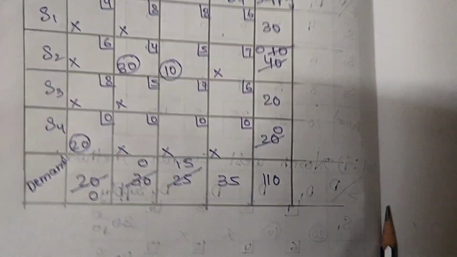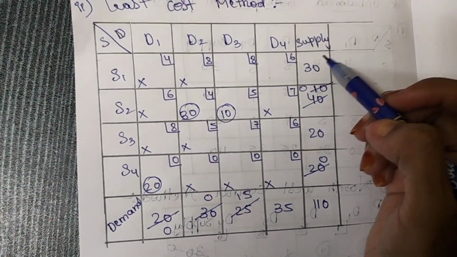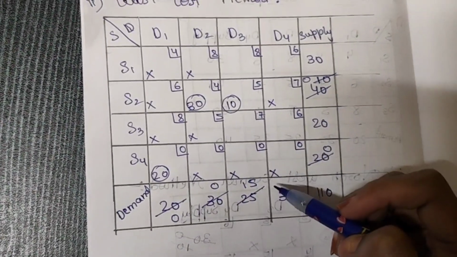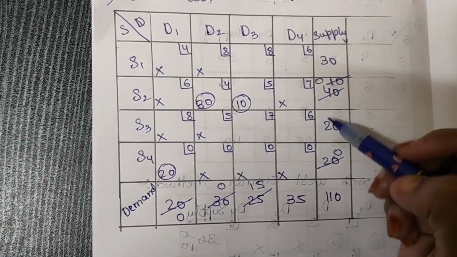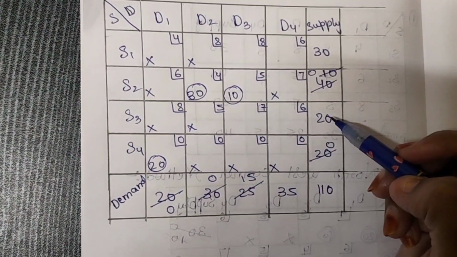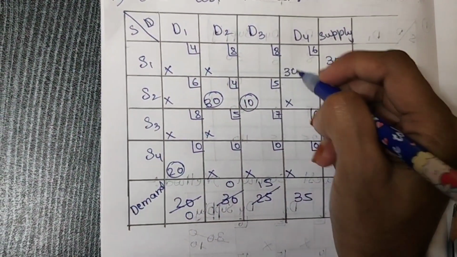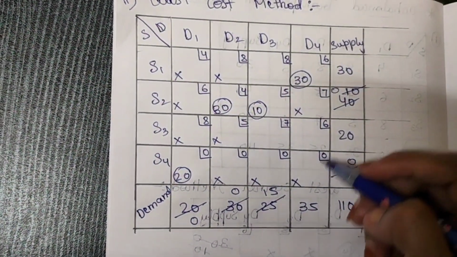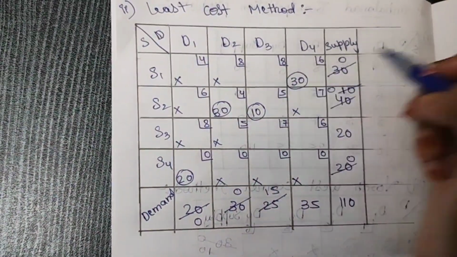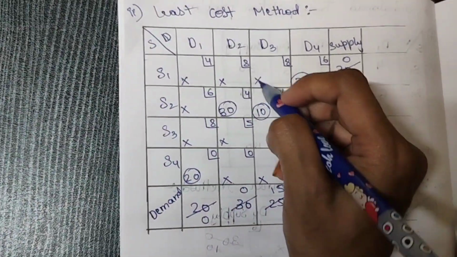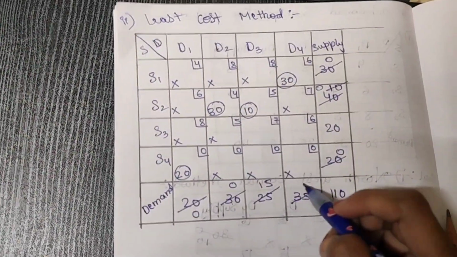Under the least cost method, it is said that we have to take the maximum allocation. As we look at this cell, we can allocate 30 maximally. If we look at this cell, we can allocate 20. So the maximum we can allocate is 30 for this cell. So firstly we will take this cell, 30. As we compared 30 and 35, the minimum is 30, so we took 30. 30 becomes 0, and if this becomes 0, we have to cross out this row. This 35 becomes 5.